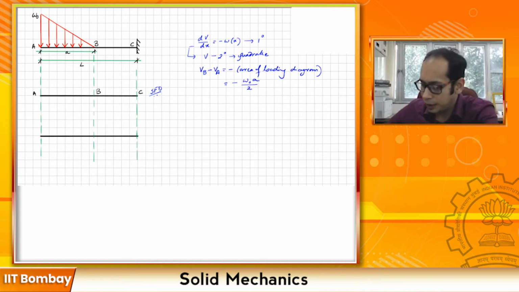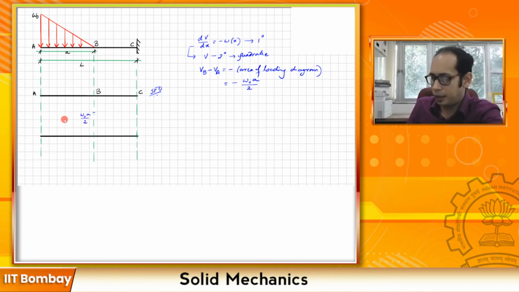So I know that here the shear force is 0, and at this particular point, somewhere at the point B, I have the value over here as W0 A divided by 2. At that particular point, I have not put the negative sign because I'm drawing in the lower half plane. And also, from A to B, that is from the shear force